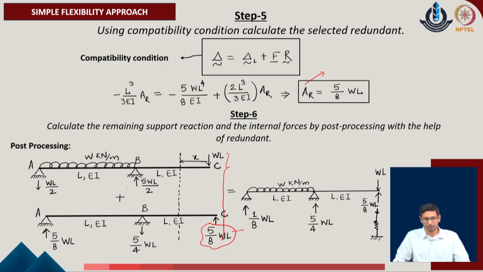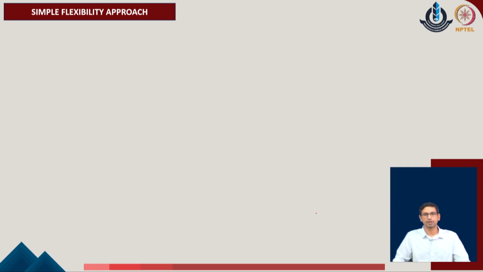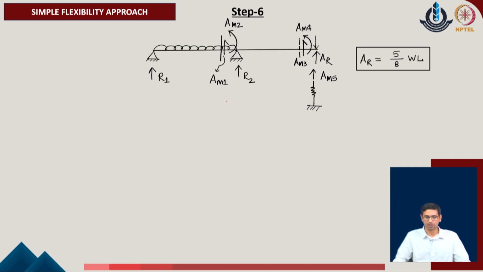And now, with this point in mind, we can consider that the net reaction forces of the system can be evaluated, and those system forces can now be looked into in this particular manner. So, once we identify these system reaction forces, we realize that the system of forces which are considered with respect to the reaction R1, R2 of the given system, they can be identified. At the same time, the internal member forces which are being called as AM1, AM2, they can also be identified. AM3 and AM4, which are the member forces in the member 2, they can also be identified. And finally, the member force which is appearing in the spring, that can also be identified in the given system.